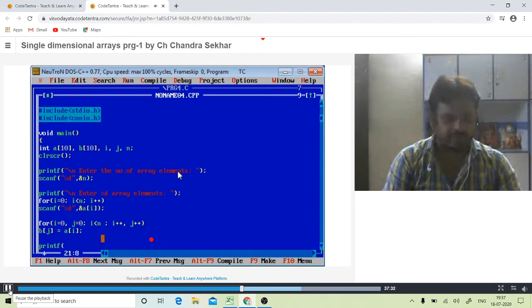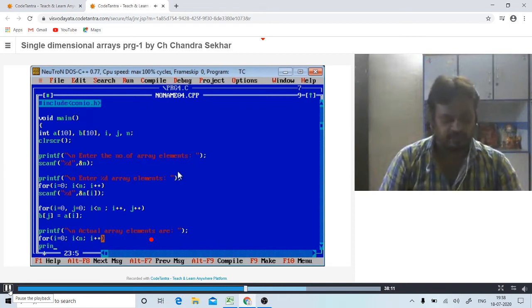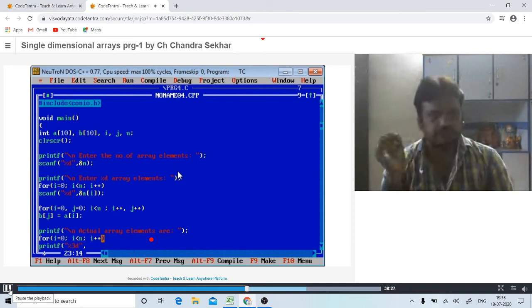So printf actual array elements are, for i equal to 0, i less than n, i plus plus, printf percentage 3d, meaning use 3 spaces for each element, of A of i.